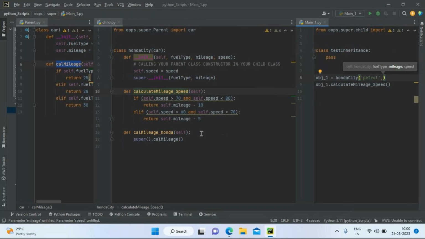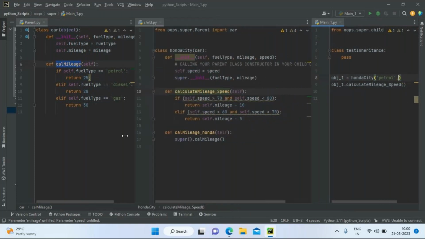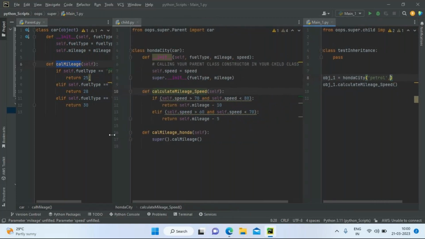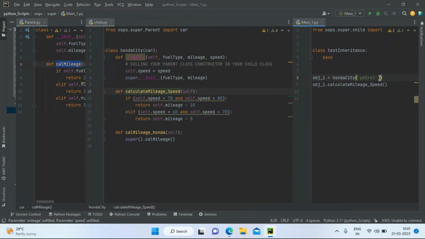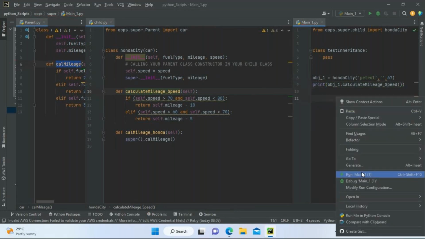Mileage, what mileage do I want to give? Am I doing anything with mileage? No, I'm not doing anything with mileage as of now. Okay, what you can do is give it empty, and then for speed I can give, I'm traveling at 67 kilometer per hour. Now I'm going to use the print statement, because this method returns values, it's not going to print anything in the console. Just use a print statement. If you run the script, it's going to give